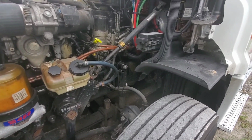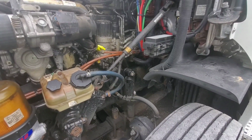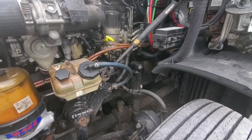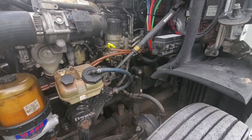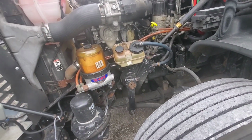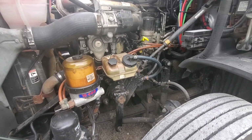I know at least on Detroit and Cascadia, but I mean a DEF system is a DEF system. The fluid all breaks down at the same time, so I don't really care what model or truck you're driving, but change that DEF filter. And actually mine needs to be changed, so I'll be changing that on my next run when I come back home,